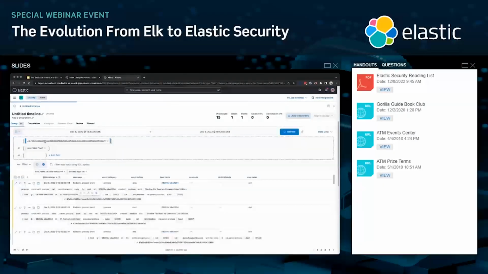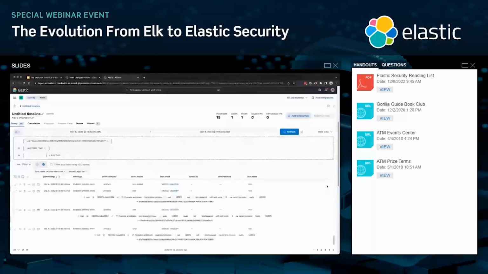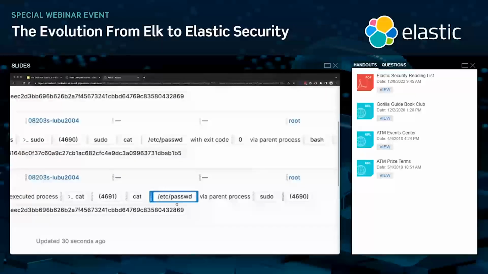So I'm saying, hey, if it's that specific ID that I clicked on or anything else that root did on this host with a cat process argument, right? So without writing a line of code, just doing some drag and dropping and some clicking, I've actually created a pretty specific query. And I can see that original shadow stuff here. And in Timeline, I might want to start thumbtacking some of these most relevant alerts or events that have come in.